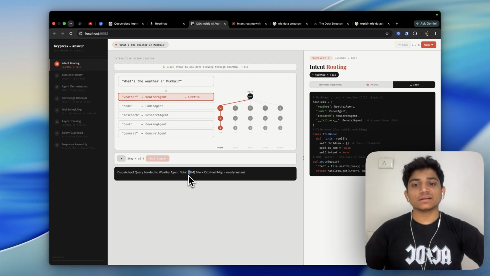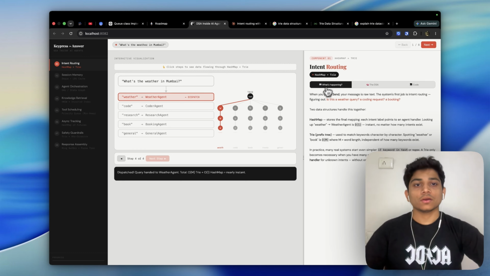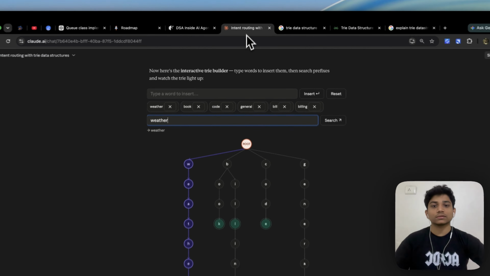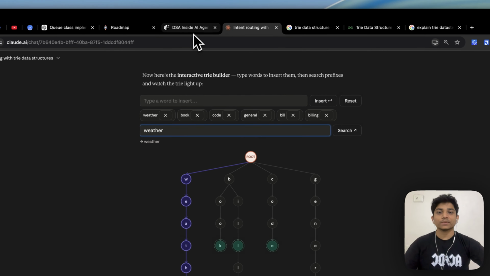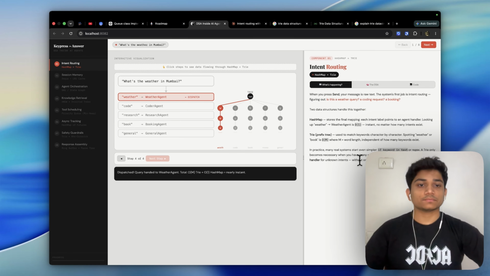All of this happens in time complexity of O(M) plus O(1) of the hash map. O(M) is nothing but the length of the word, because we have to look at characters one by one in our trie nodes, and O(1) is to look up the hash map. In practice, many real systems start even simpler, with if keyword in text or regex. A trie only becomes necessary when you have many